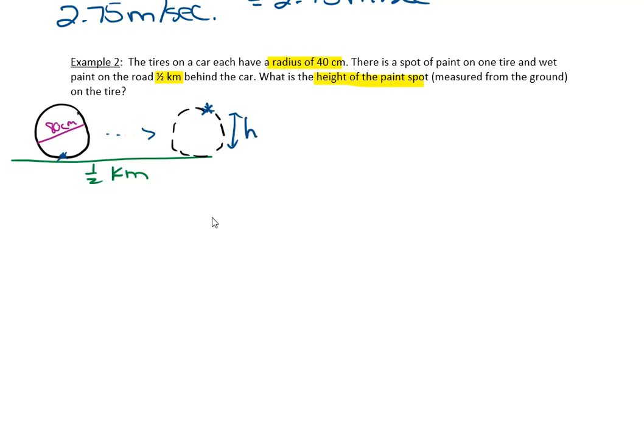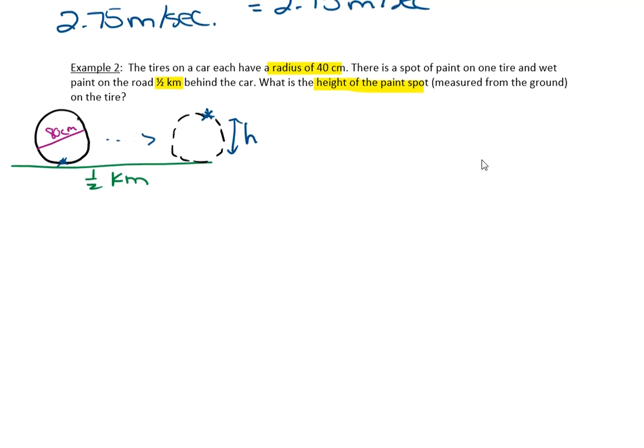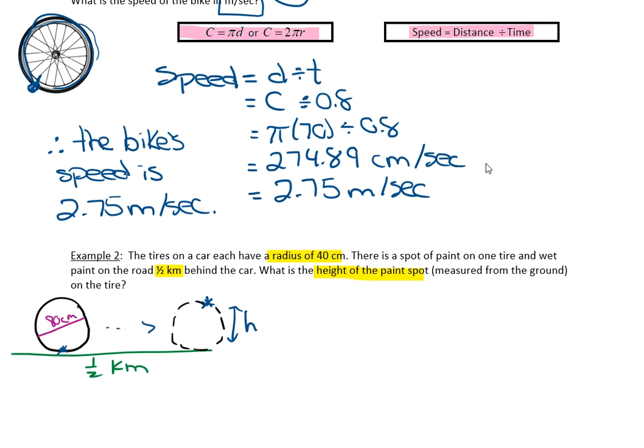So think about this for a minute. How are we going to do this? We have some information from up here. We have these formulas. The speed doesn't really look to be important. I don't think we're going to need the speed formula. We might need the circumference, we might not. But let's figure out the circumference anyway. Circumference equals pi times diameter. So the circumference of this tire is pi times 80. And I can leave that as pi times 80, or I can use the pi button on my calculator. Rather than typing in 3.14, I would use the pi button on my calculator, but let's say that's about